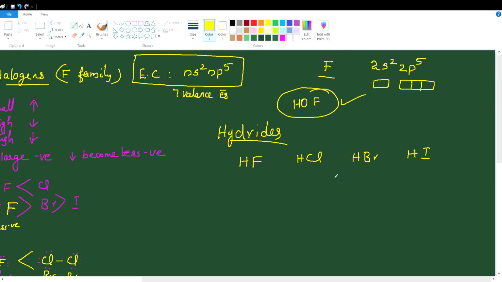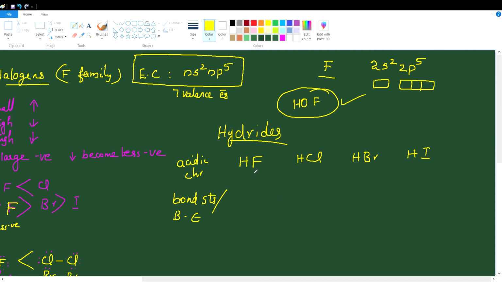All the hydrogen halides are acids. If you compare the acidic character, acids are substances that can easily donate H+ ion. Before we discuss the acidic character, let us compare the bond strength or bond enthalpy,